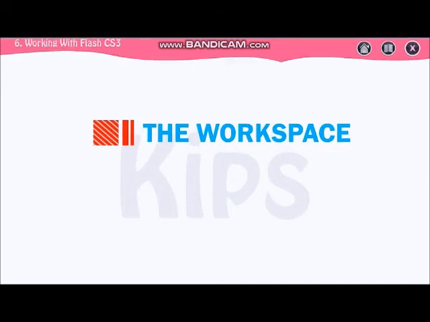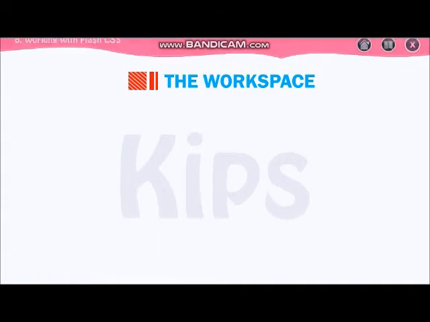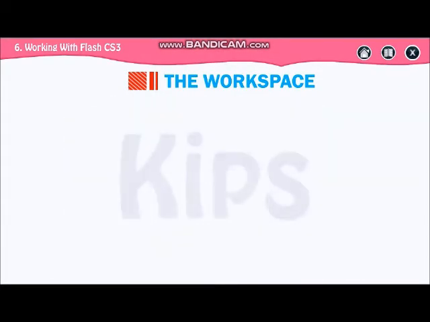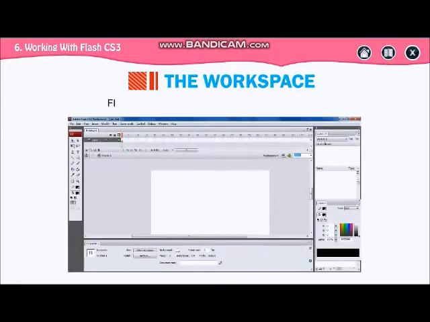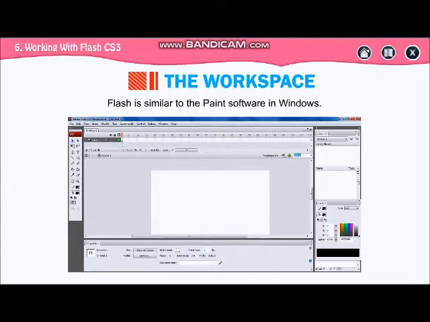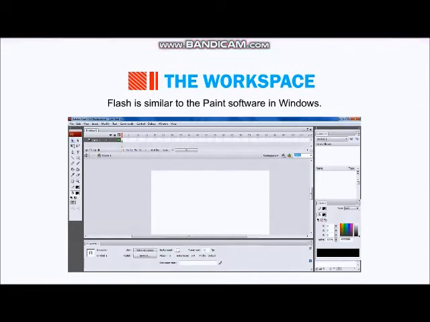Now what is the workspace in Flash? Flash is similar to the Paint software in Windows. Just like in Paint you have tools and your drawing area, same here, it contains your tools and your drawing area.